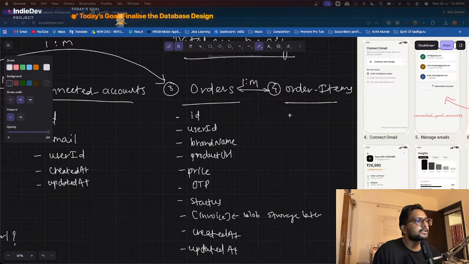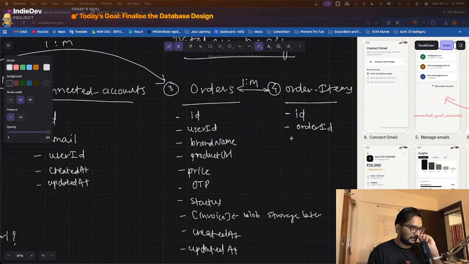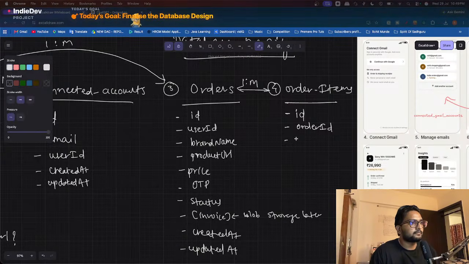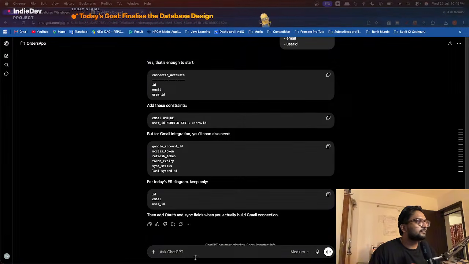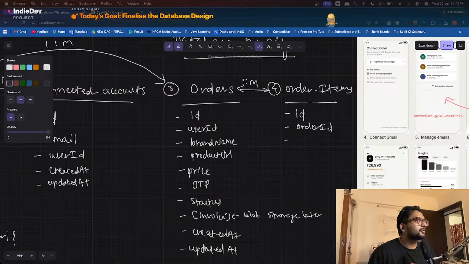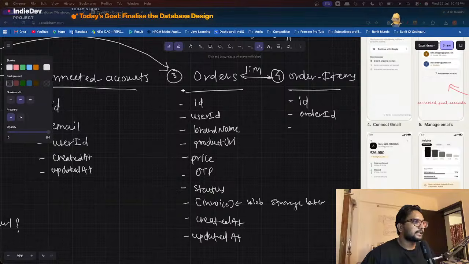ओके, so order item के लिए भी अपने को चाहिए ID, and यहाँ पे we will need one to many relation, so it will be like order id, correct. And then item, orders item table में क्या होगा भाई, और let me इसको देते हैं कि हमने क्या क्या लिखा है इसमें, ठीक है, ताकि